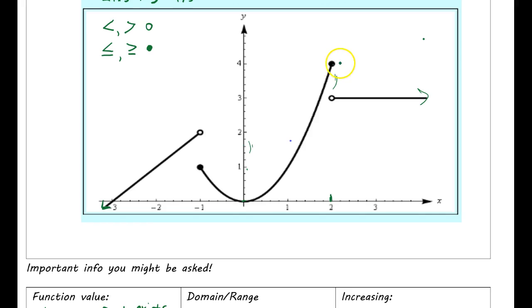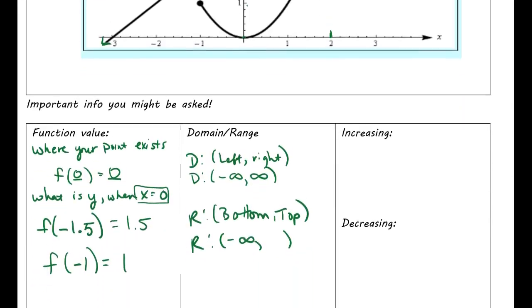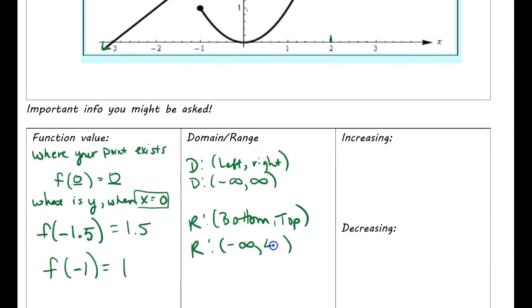Now, see how that circle's filled in? That's going to make me change something on my interval notation, okay? 4 is the absolute highest value, but I don't like that parenthesis. If you can land on the value, you use a bracket instead of a parenthesis. So that's how my range